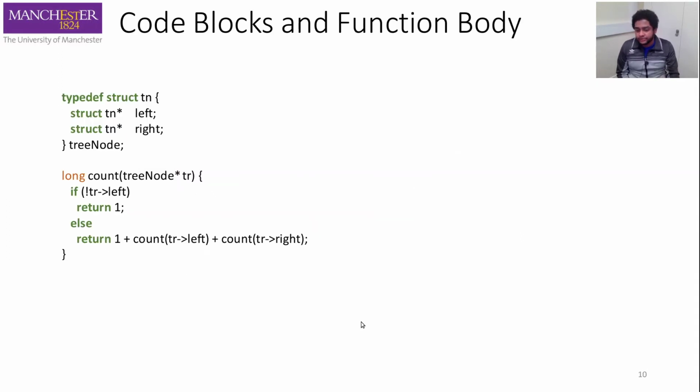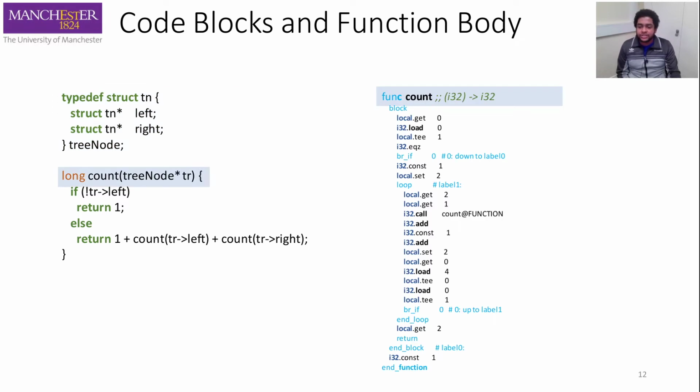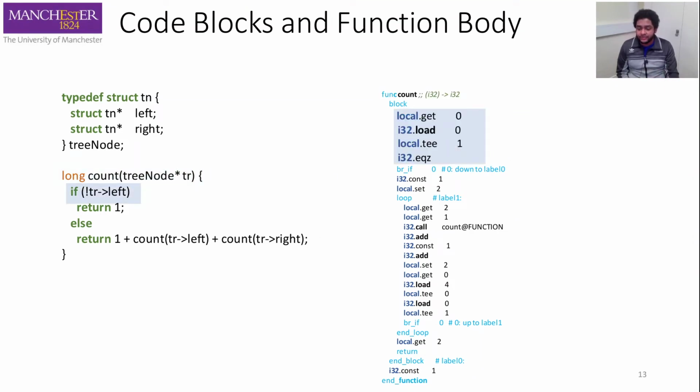Now, if you have C code like this, we have a tree structure here, a tree node that has left and right. We want to see how this function count can be compiled into WebAssembly. This function passes a pointer value. Here we are working with wasm32, where memory addresses are 32-bit values. To read this data, for example, to get the left value of the tree node that was passed as a parameter, we have to